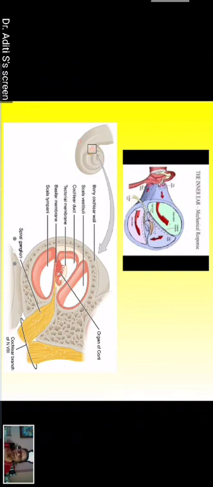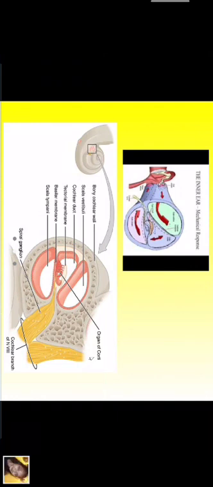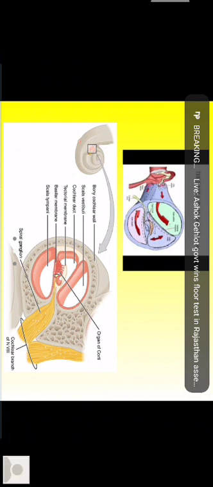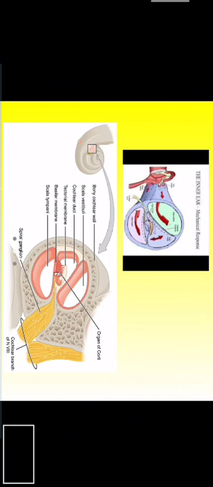Who could answer? Suchimita, tell me. Suchimita, unmute yourself. Inner hair cells are in a single row, and outer hair cells are in 3 to 4 rows. A tunnel is formed in between these rows. This is called the triangular tunnel, known as the tunnel of Corti.